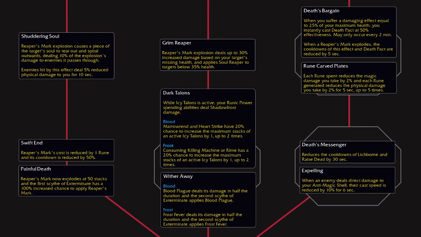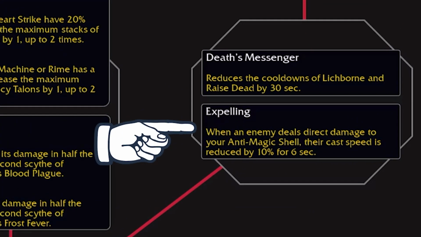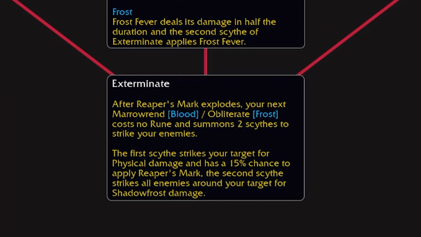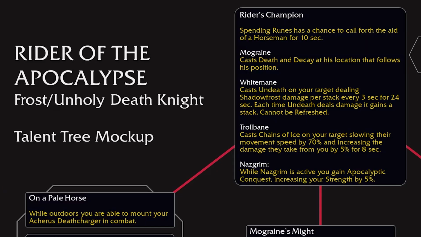Nothing in this tree really stands out to me, except AMS reducing enemy cast speed slightly, which still isn't as good as the defensives in the Rider tree. Unless the damage output of Deathbringer is absolutely insane, I doubt it's going to see the light of day in PvP. Out of all the hero specs, I think Rider of the Apocalypse is the clear winner and has the